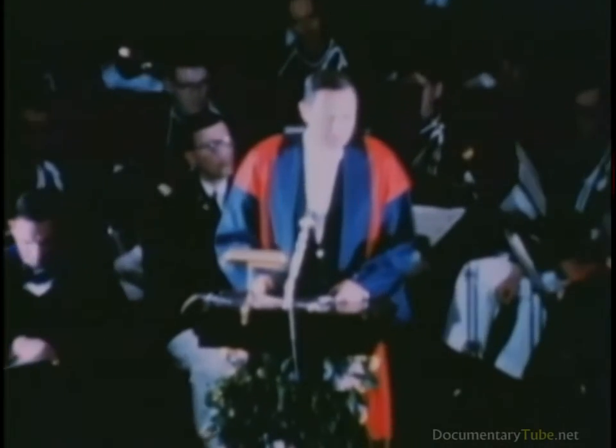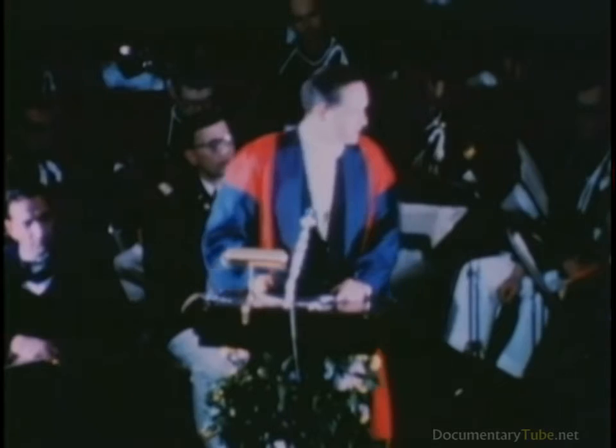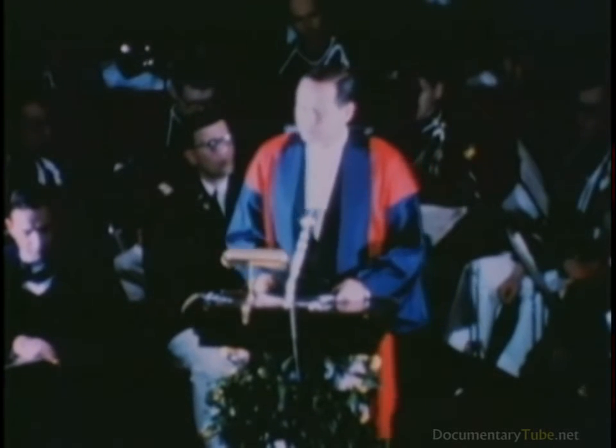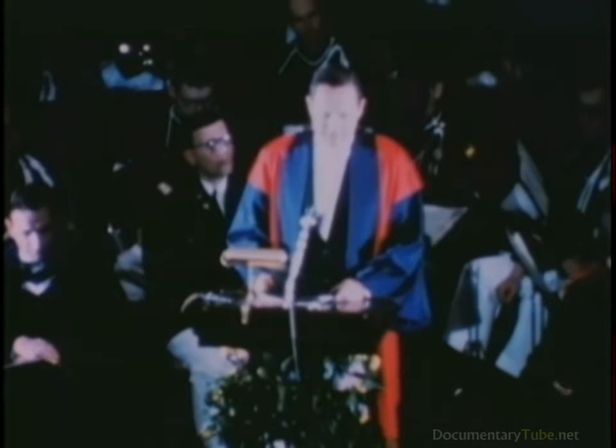The ceremonies are climaxed by Dr. James M. Hester, president of New York University, who accepts the bust in behalf of the Hall of Fame and the university. We have all been privileged